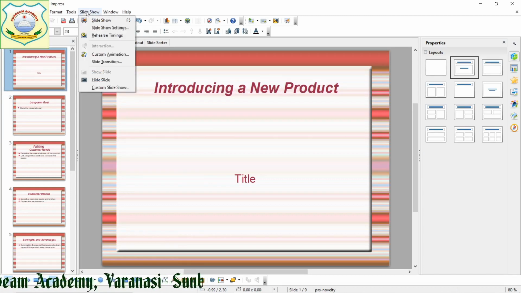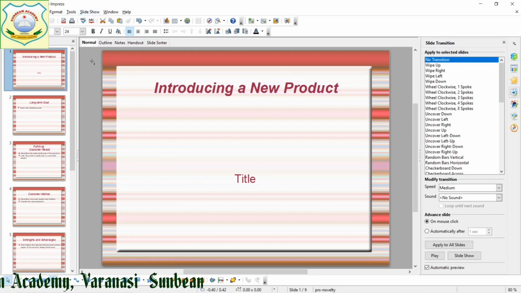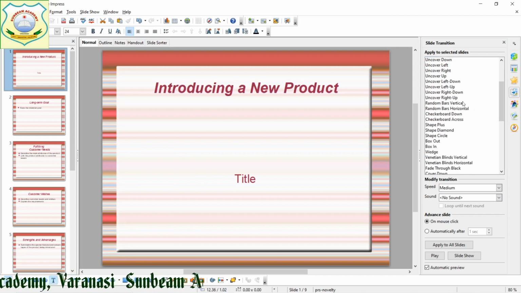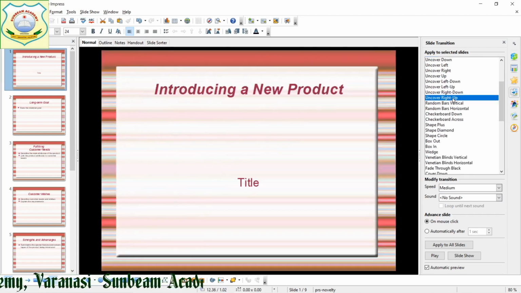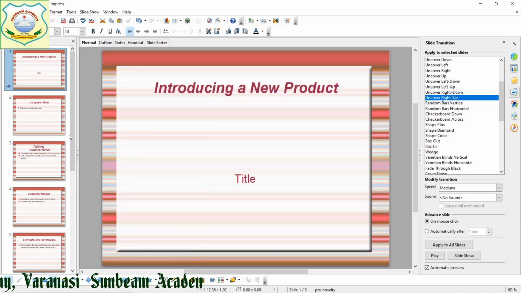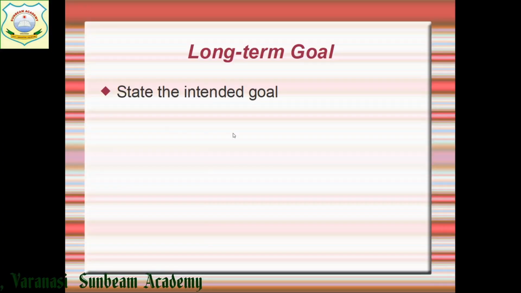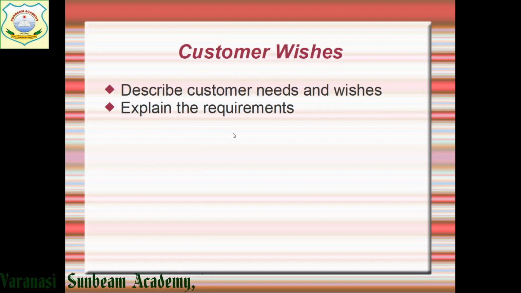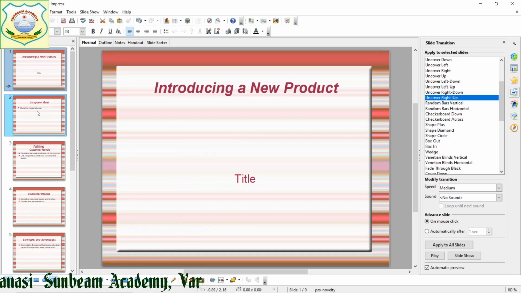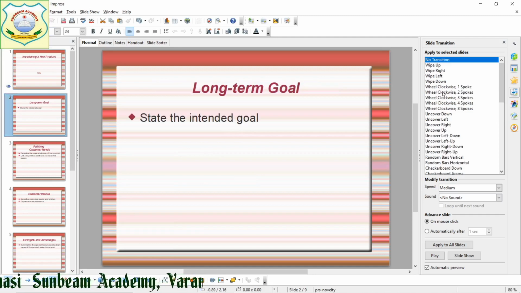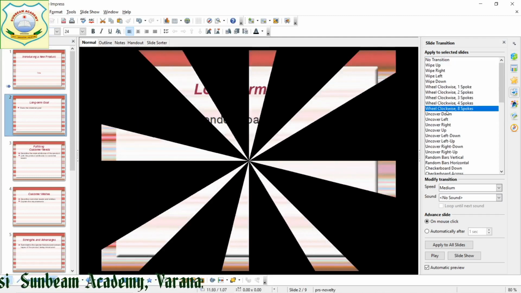Here you are seeing Slide Transition. Click on this one. Now here are so many ways in which your slide is going to come on your screen. Suppose for the first slide I have given this one. For the second slide I am going to give this one.